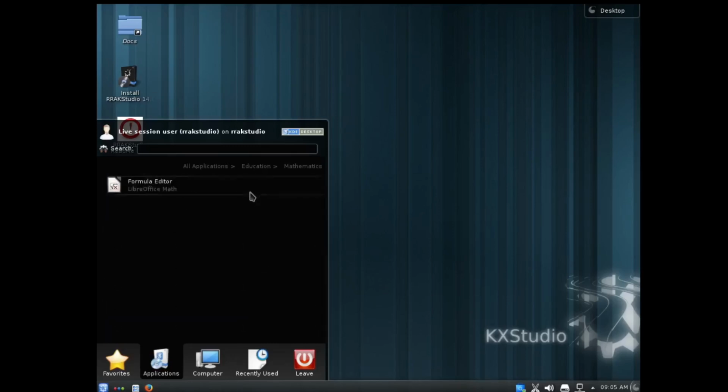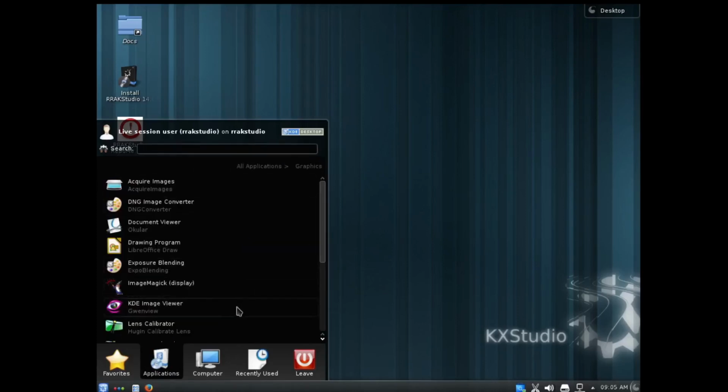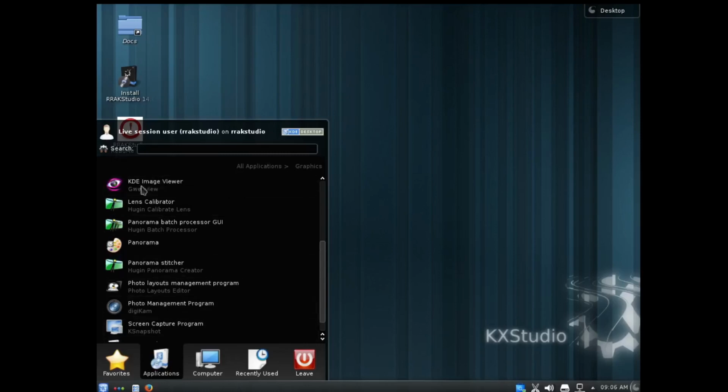Education, they have math and science. Applications, they have the KDE image viewer, LibreOffice Draw, Okular, Panorama is also here, a photo layout management program. They also have some photo management and a screen capture program, so you can record your screen